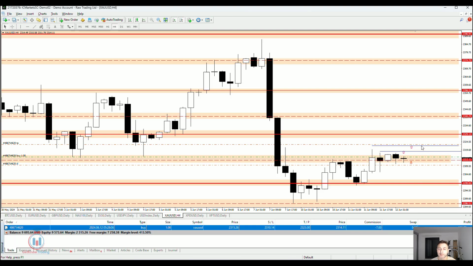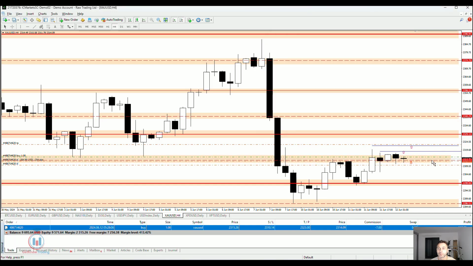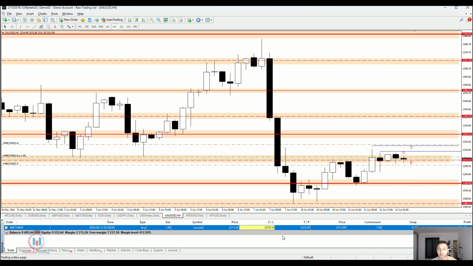Now, instead of manually moving your stop loss when it is necessary, this means instead of moving your stop loss whenever the price reaches a certain price level, there is another possibility, which is using a trailing stop. And trailing stop is this one, where you define how many points you would like. For example, if I put here 50 points, this will mean when the price goes in profit just a little bit above this open price, my stop loss will be moved each time the price makes a difference from the entry price. So for example, I have put 50 points. So whenever the price reaches